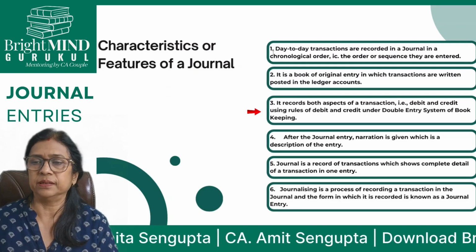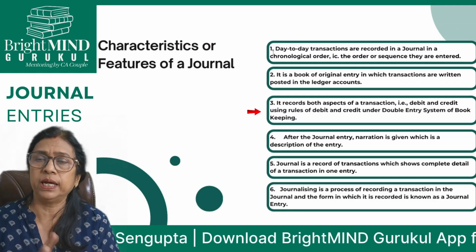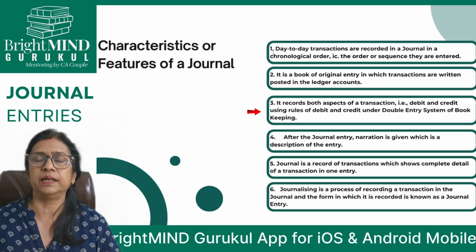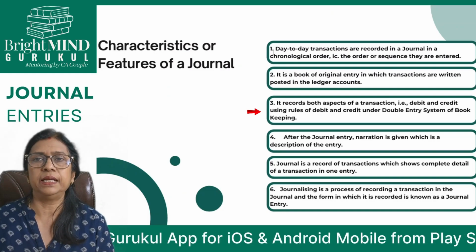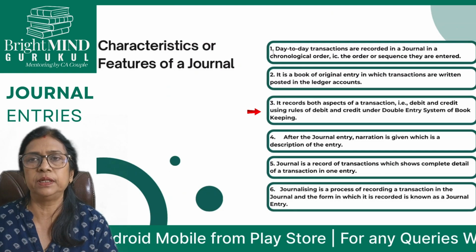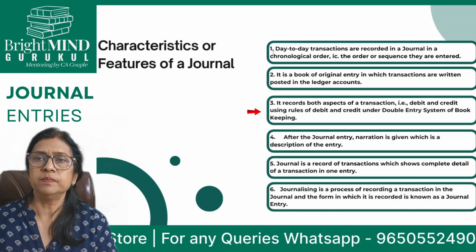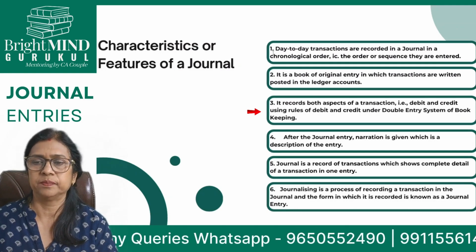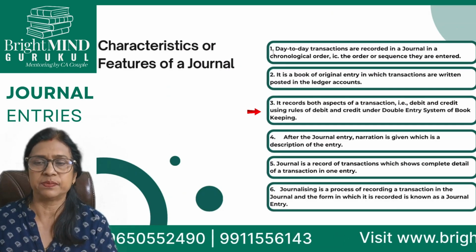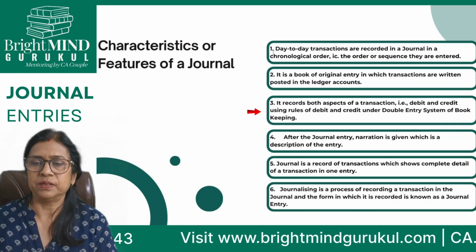So three things are mentioned here: the transactions are entered using debit and credit, both are entered. A journal entry has a debit as well as a credit, and this debit and credit is done on the basis of certain rules. This is called the rules of accounting, which we will brush up later on. And the double entry system of bookkeeping is maintained. So every entry has two aspects, double entry, that is a debit as well as a credit. We'll read about this later on in the chapter.